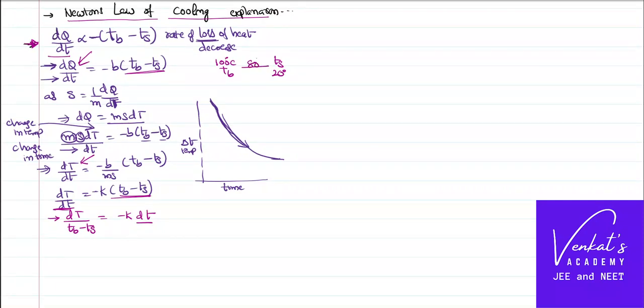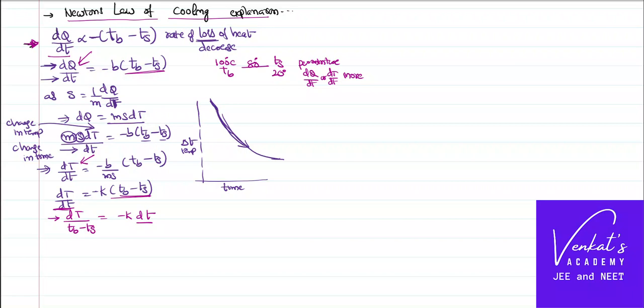Now the difference between them is 80 degrees. Therefore, per minute dQ by dt, or the change in temperature, will be more. How much heat it will lose per minute or per second, or how much temperature it loses per second, will